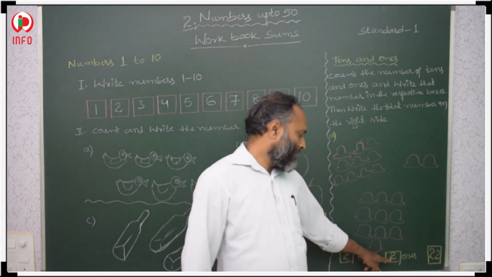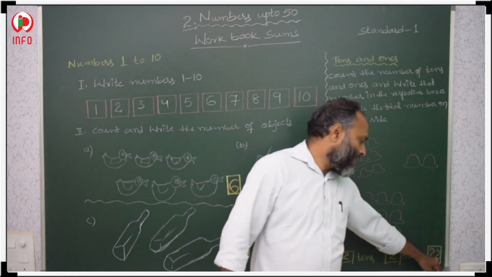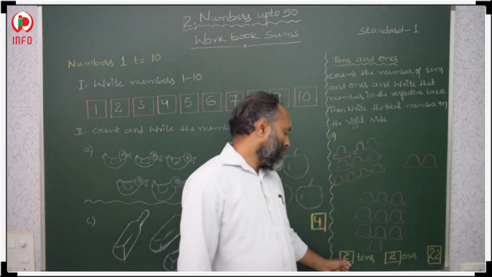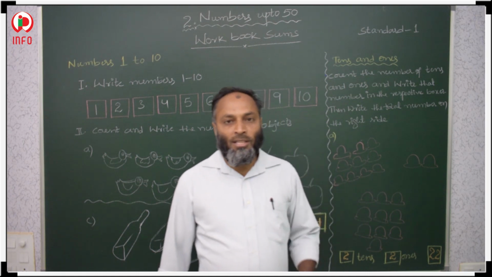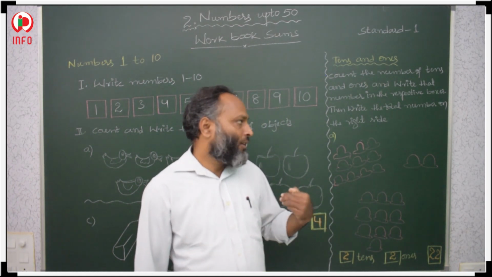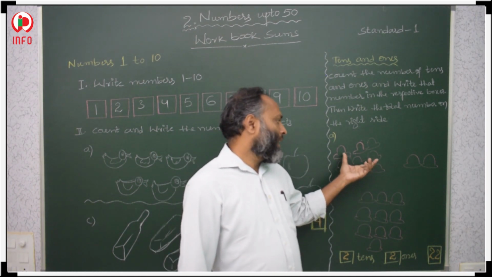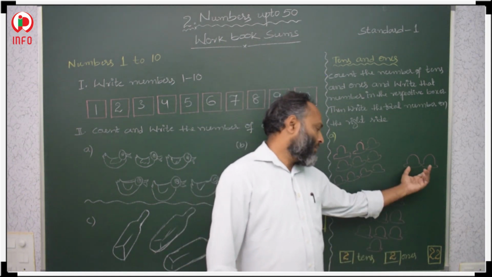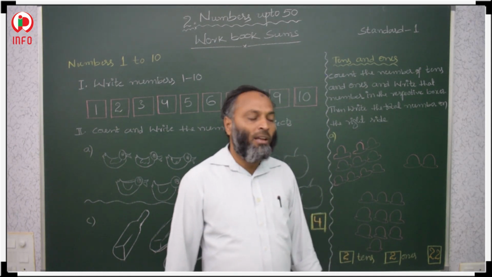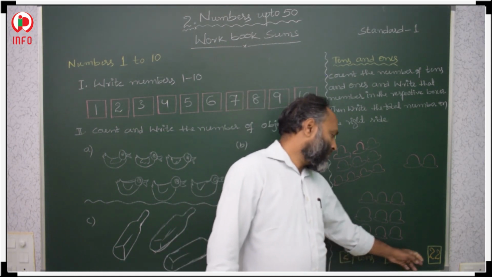If here 3 tens and 1 one are there, then 31 will come here. If 4 tens and 5 ones are there, so here 45 will come. So in that way, you have to think and check how many tens are there. Here 2 tens are there, so we have to take 2 tens. And here 2 ones are there, and we take 2 ones. And it makes 22.